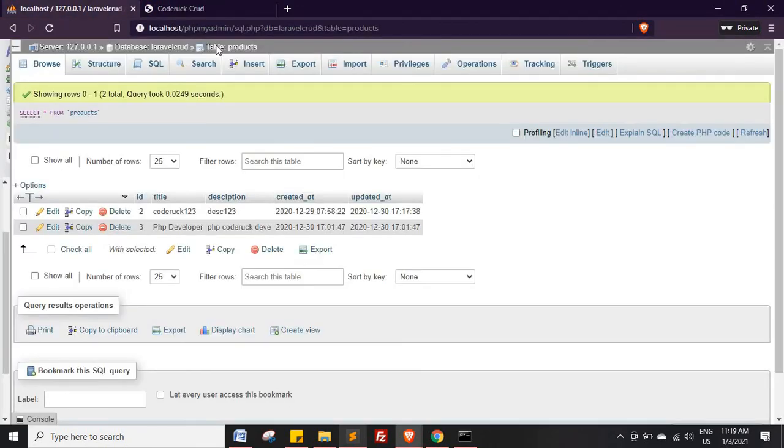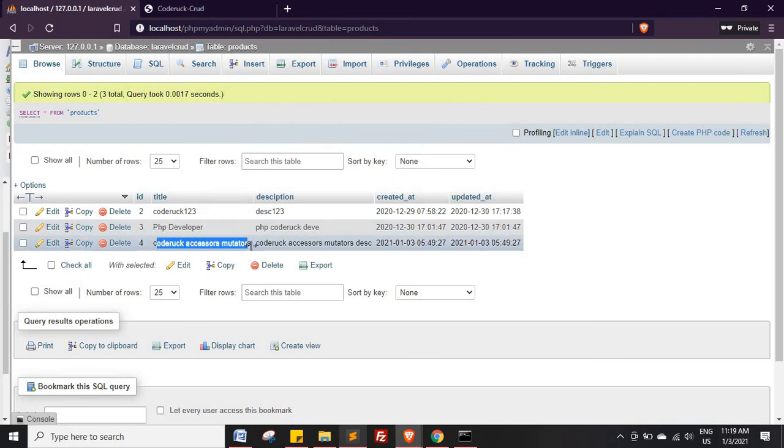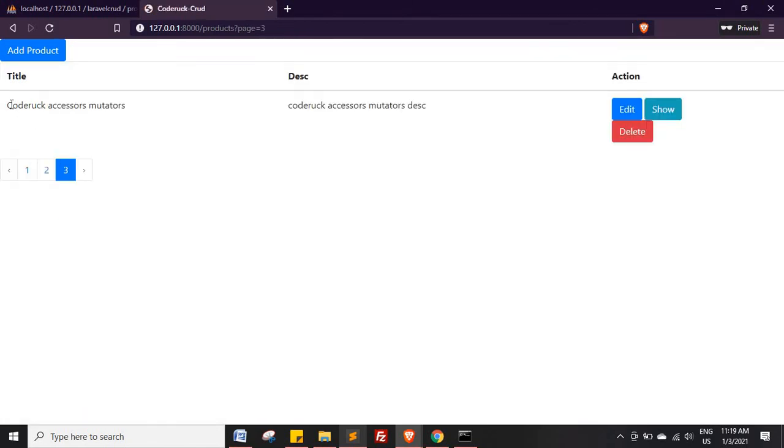Okay, now if I just go and refresh our database, then you can see the difference. Okay, so see, our data will be in lower case. Now once we are accessing it, then you can see first letter will be in uppercase. So this is how you can use accessor and mutator in your project.